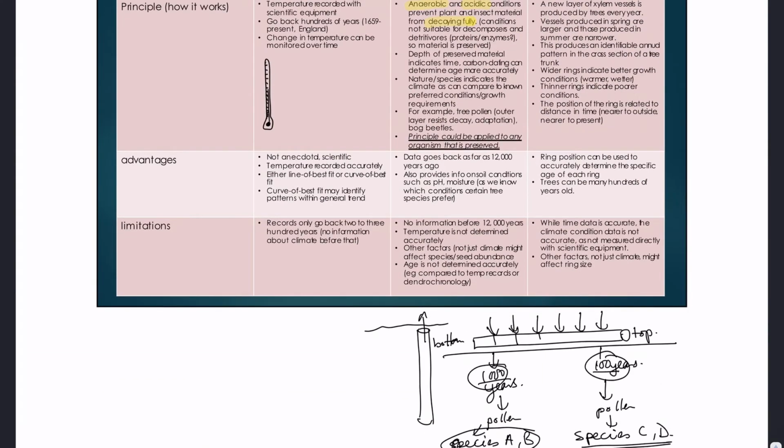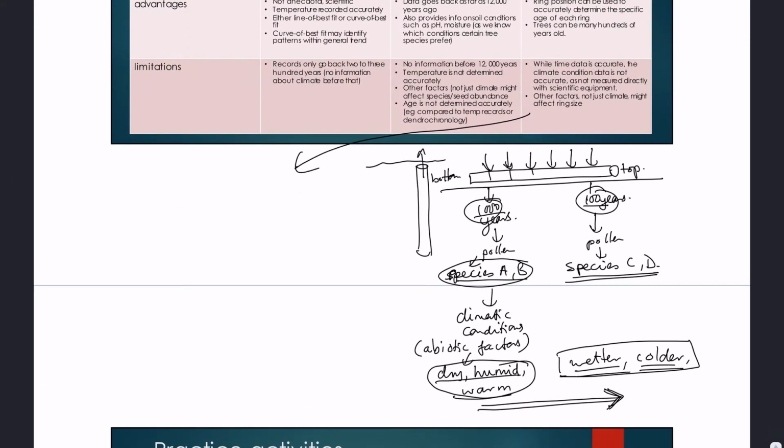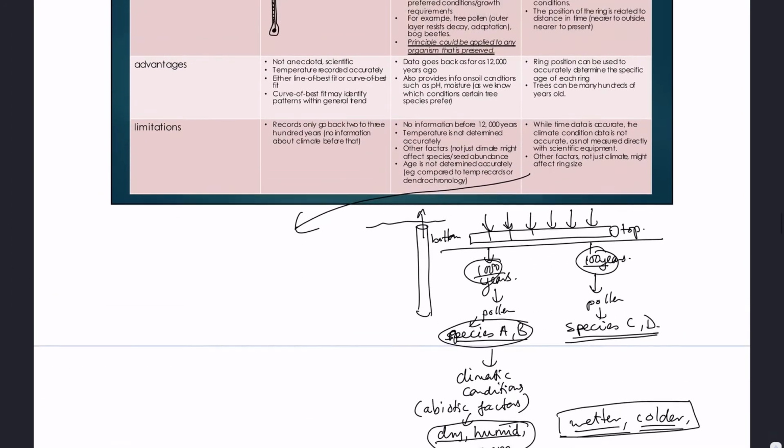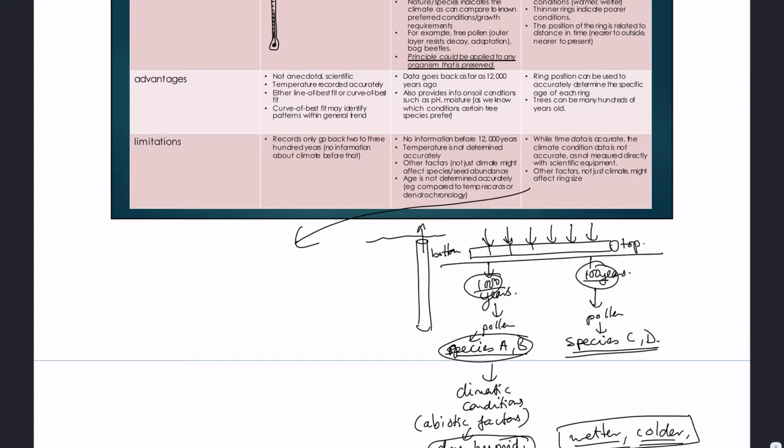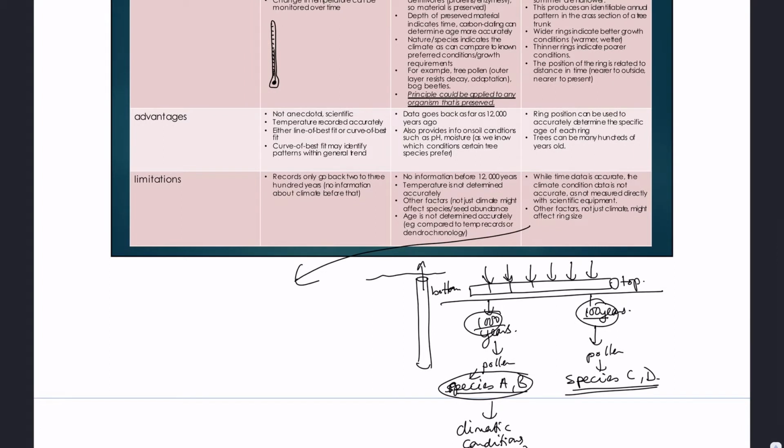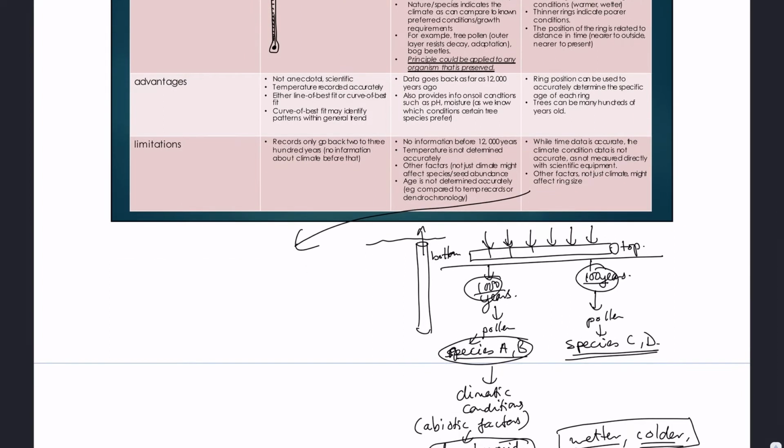Let's talk about dendrochronology then. Dendrochronology works on a similar idea. However, it doesn't have quite as much of the drawback as peat bog analysis in regards to the timing. Okay, so simply put, every year,